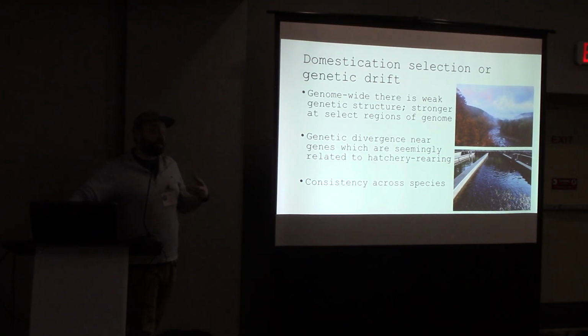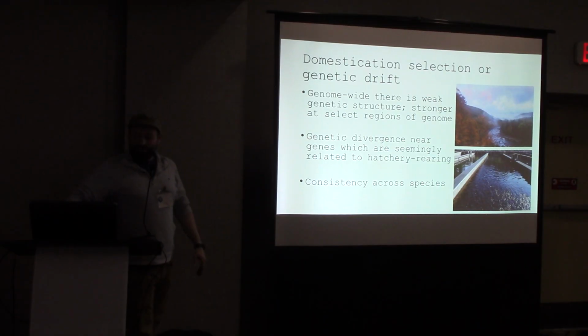So we found evidence for a lot of genetic divergence in genes which are seemingly related to hatchery rearing, right? We went from about 3,000–4,000 ancestry informative markers down to 800–900 regions of high genetic divergence, and those regions are near genes which are seemingly related to hatchery rearing, right? And we found consistency across species, some differences, right? But it's interesting, 3 different species of trout, we found that consistency of where they're genetically diverging, thus they're responding to the hatchery environment in a similar way, potentially, right? Unless it's all random due to drift, and then what are we doing here? But